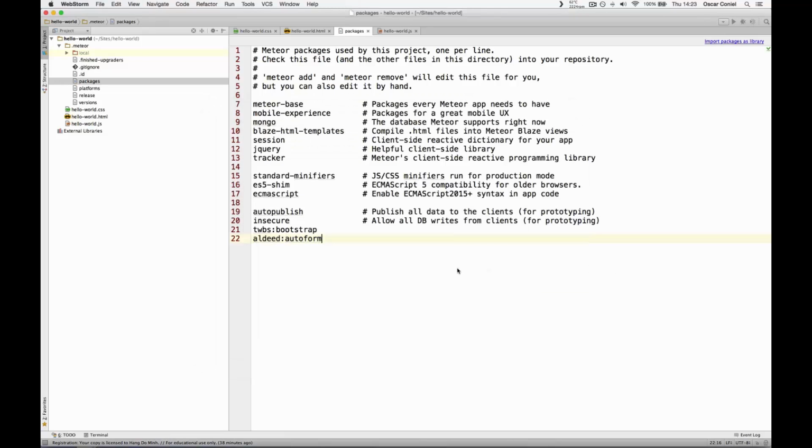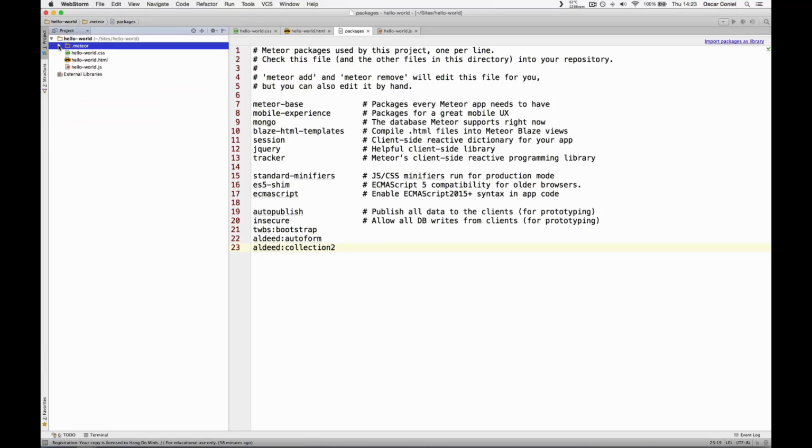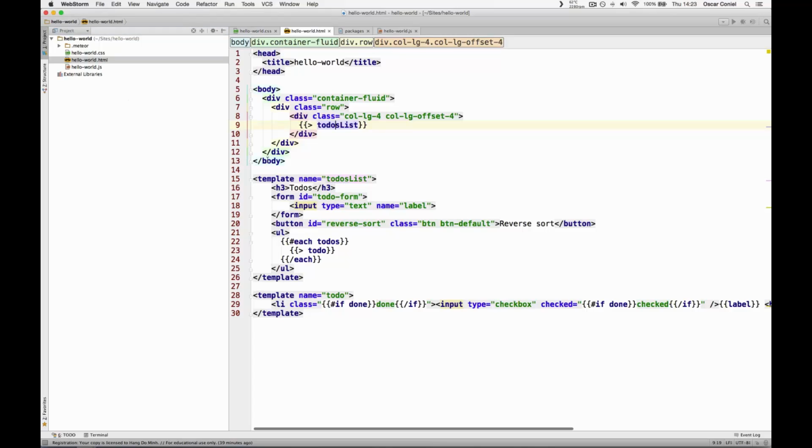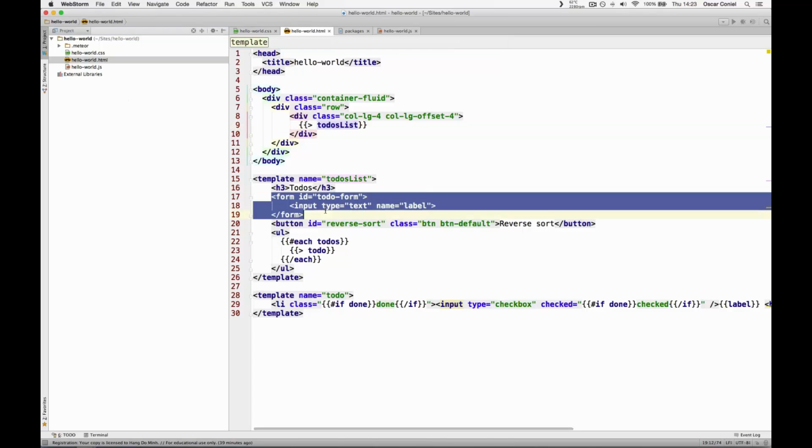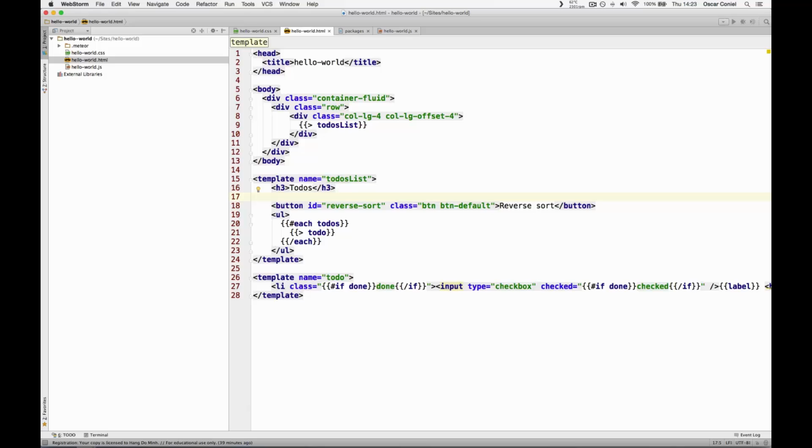And actually, we're going to add one more package from the same author called collection2. And that allows us to take the schemas we define and attach them to our collections so that inserts and updates are automatically validated against our collection. And we'll see in a second what all of this does and means. But let's start by replacing our form here with